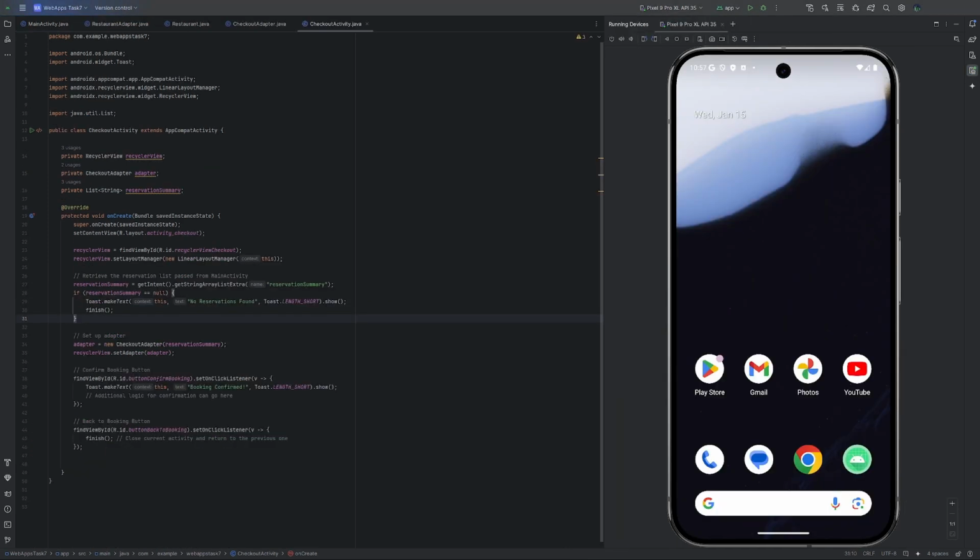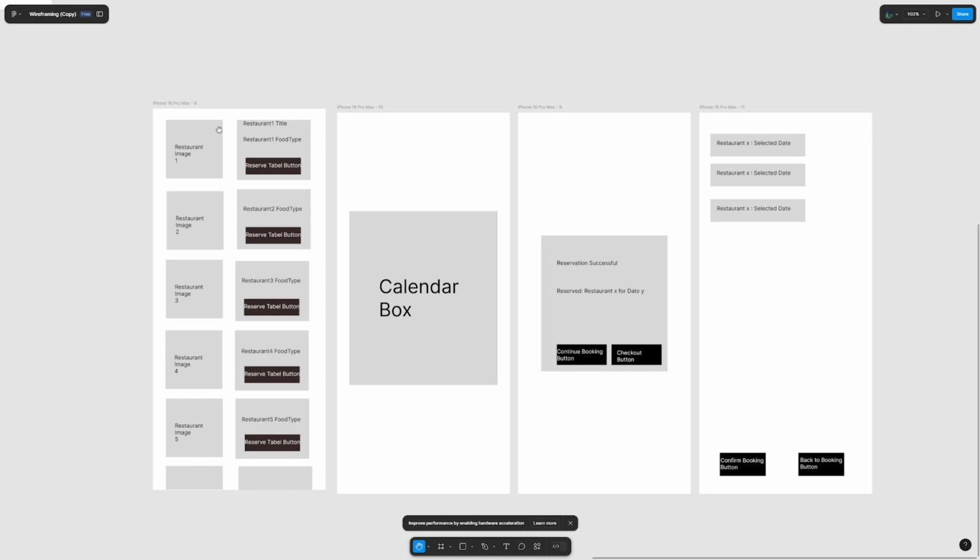Hello, this is task 7 of my web assignment, and I've been tasked with creating a reservation app. So as the wireframes follow, the reservation app that I've decided to go with is a restaurant reservation app where the layout is as shown with an image, a corresponding title, food type, and a reserve table button for all the restaurants. A calendar box would allow you to pick a specific date to reserve a table, and then a